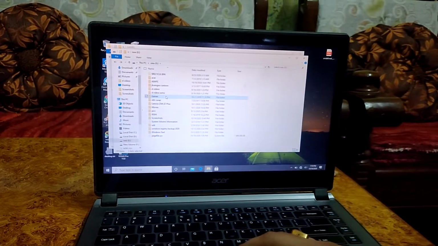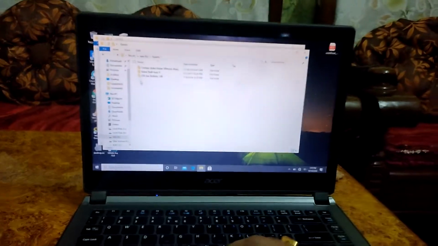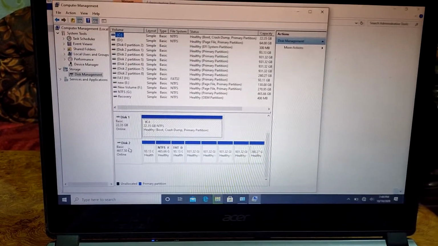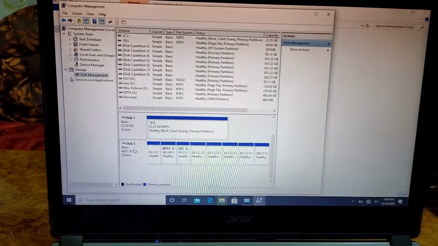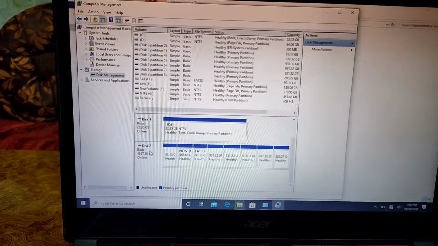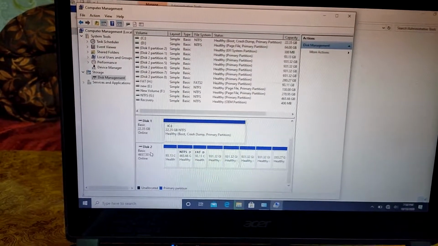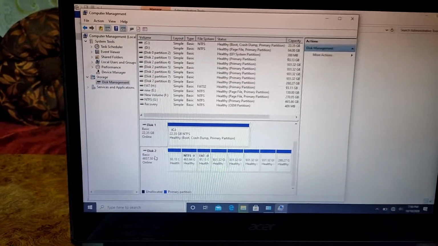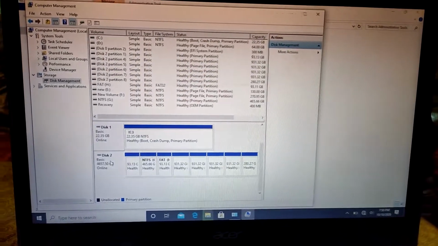So finally I attached the hard disk with the laptop, and as you can see, I will show you the partitions. A very interesting thing I would like to show you: when I received this hard drive, it was around 4.5 TB usable, and the rest, 500 GB, is not used, since the entire hard drive was formatted with NTFS.